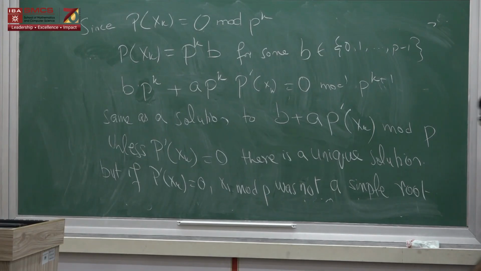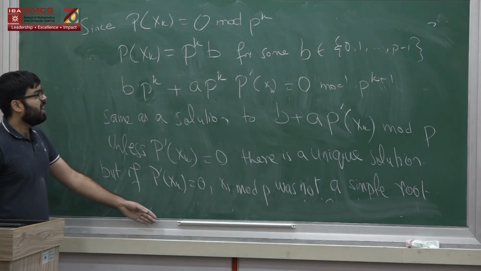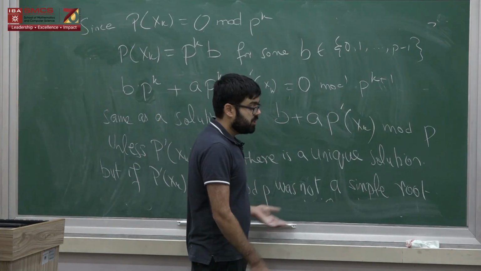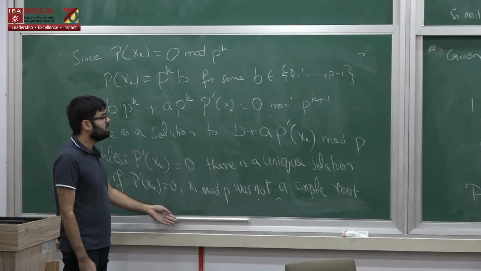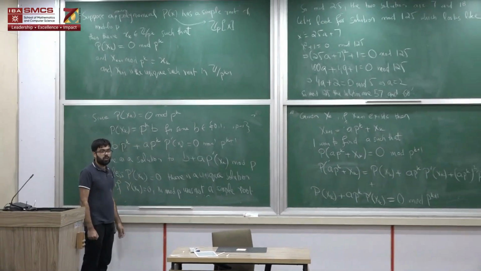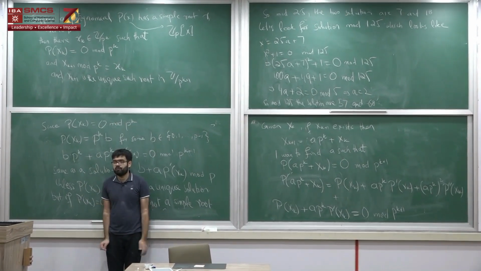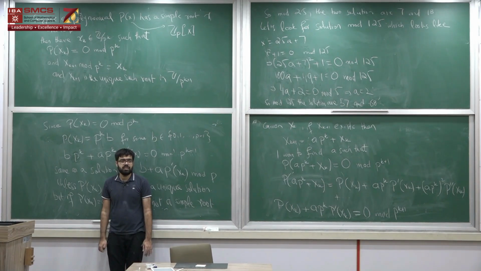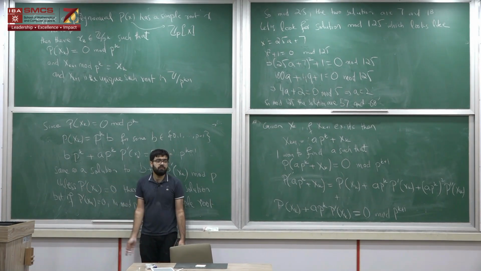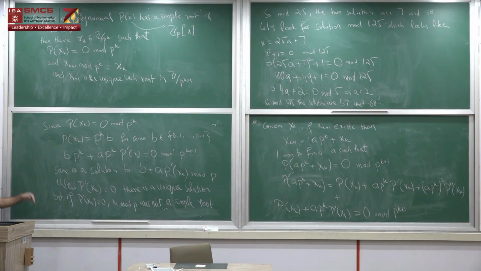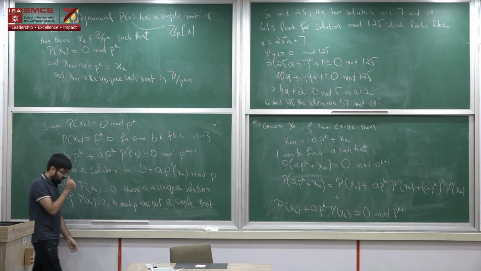So this is kind of like a very basic version of Hensel's lemma. It can be generalized in multiple ways. So the first thing is what if my polynomial does not have some root mod p, but it does factorize in some way, right? And there is a generalization that says that the polynomial will factor kind of the same way over p-adic integers as long as there are no repeated factors. But this is something maybe I will come back to next time,